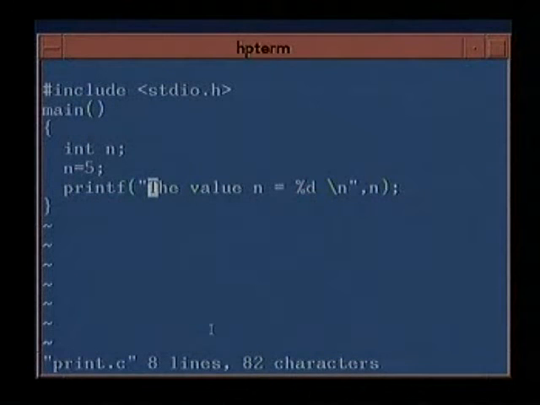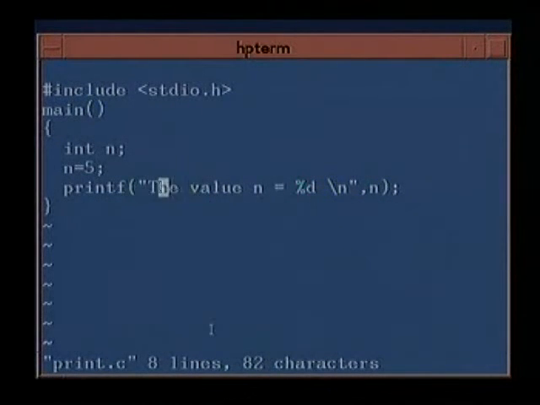So we have written printf, the value of n is equal to, now here is a percentage %d. This percentage %d is another control construct. It gives you the format in which the variable will be printed, and percentage %d means it will be printed as an integer. Okay, \n, comma n. So between the two quotes, from here to here, is the control sequence of the complete control of the printf statement.